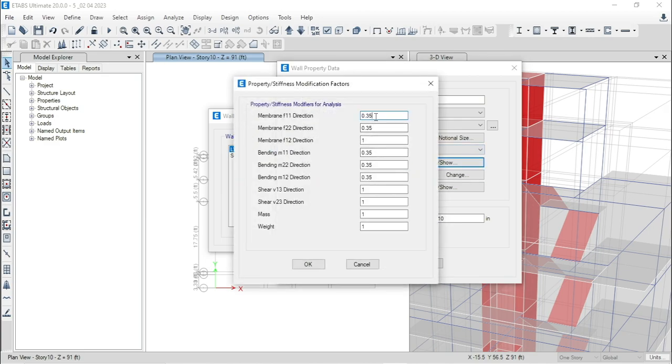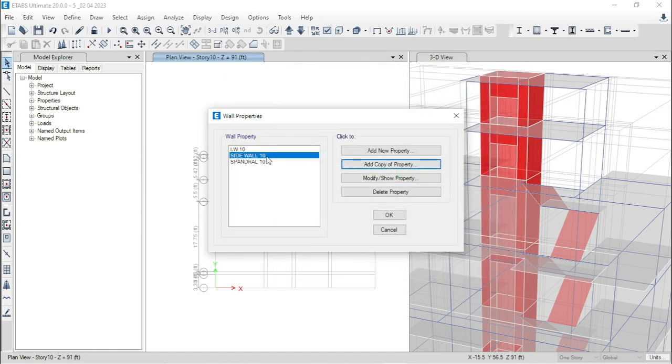Here I am not interested in cracked section analysis of the wall, so I am taking 0.7. If you are interested to consider the cracked section, you can take 0.35, but I am interested to consider the uncracked section of the shear wall here, so I am taking 0.7.